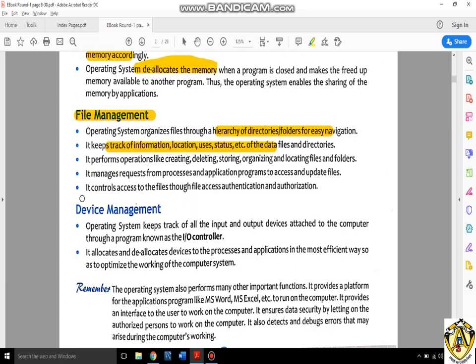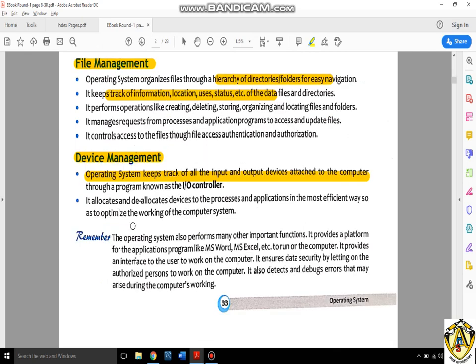Now the next is device management. An operating system can manage the device record. How many devices are attached to your system and how many have been removed by the user. So it can manage the input and output devices. Many times you have also seen that when you insert a pen drive or attach a pen drive to the computer, it will give a notification over here. Whenever you remove the pen drive, it will give information that the pen drive has been removed or is safe to remove. So this is the device management of an operating system.